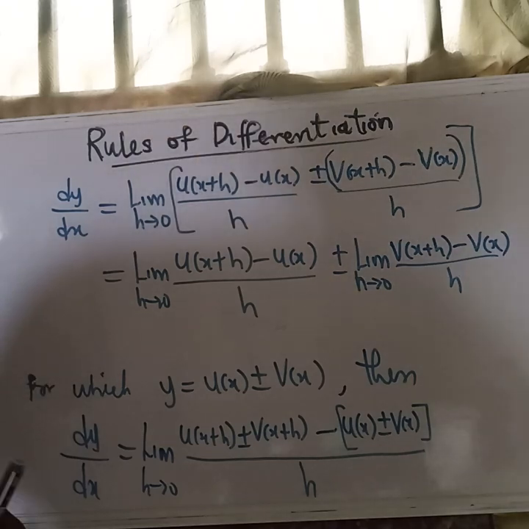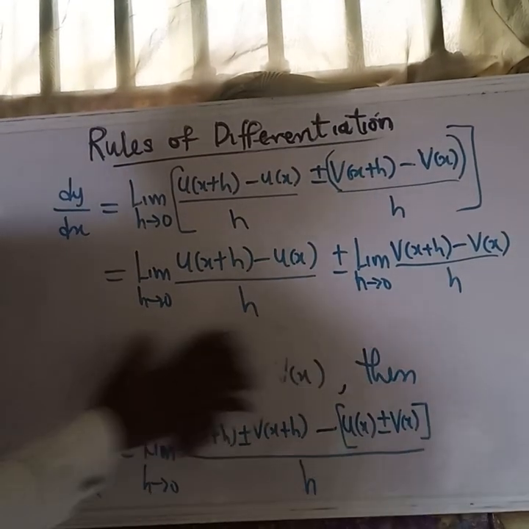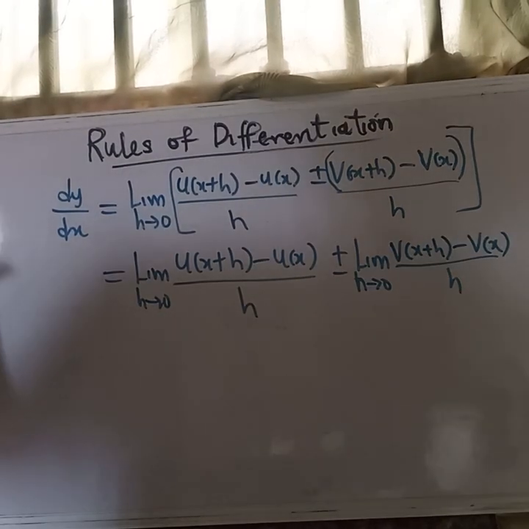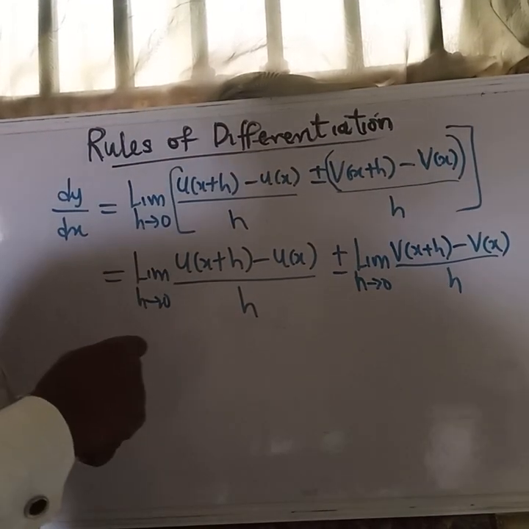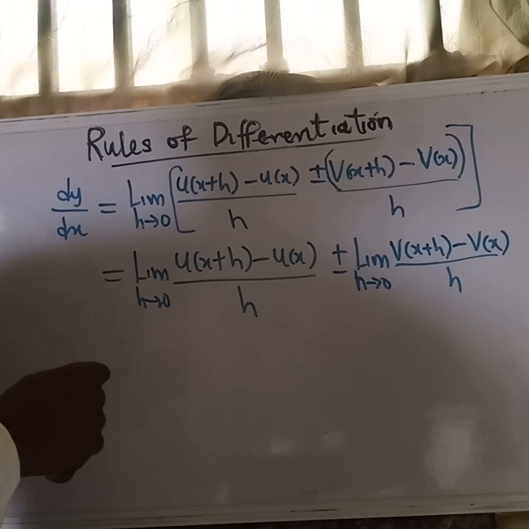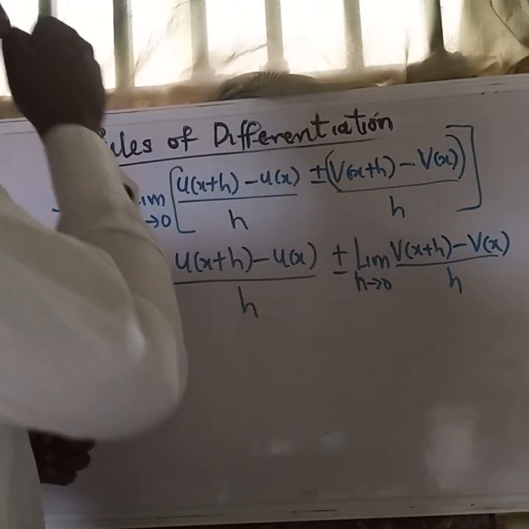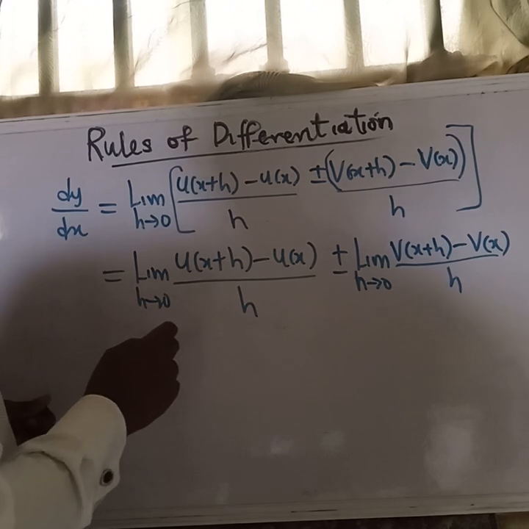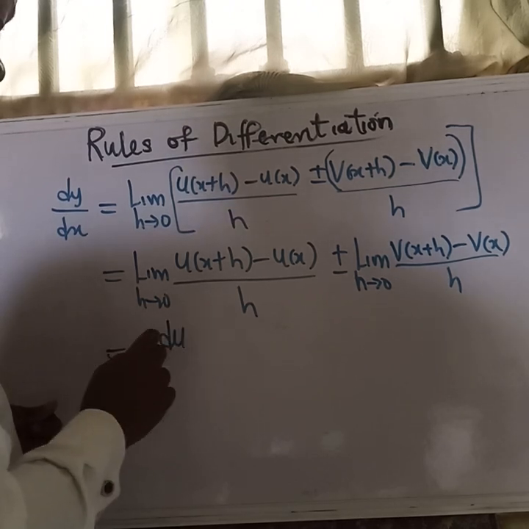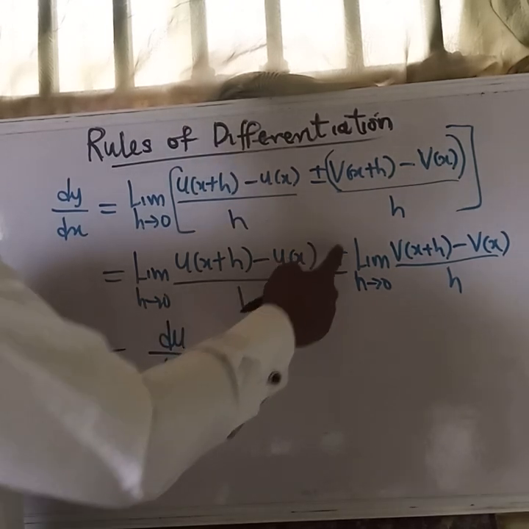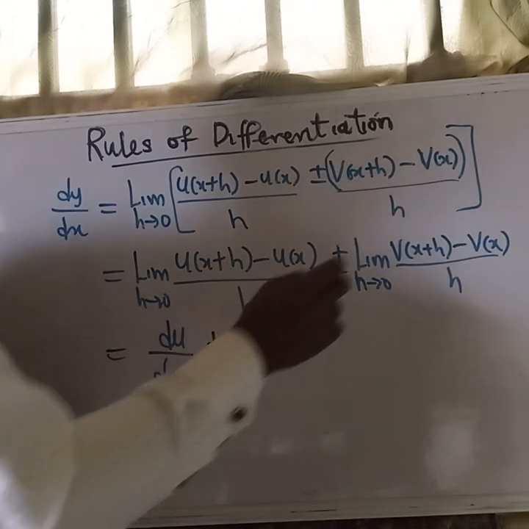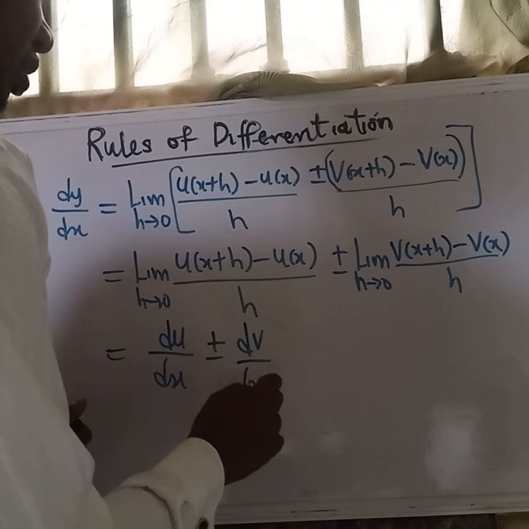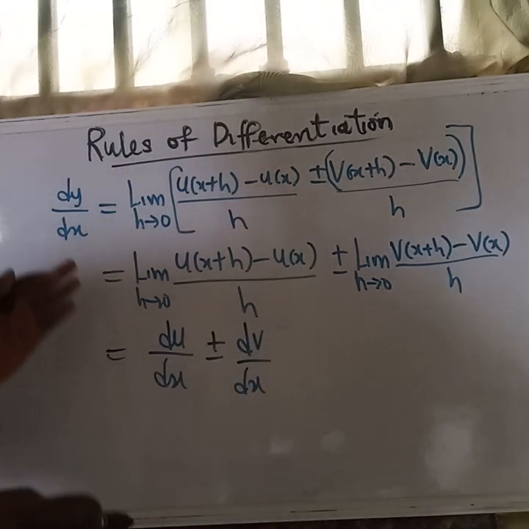Okay, so by definition, we said earlier that the function u has a derivative and the function v also has a derivative. So this means the derivative of u dx, plus or negative, this also means the derivative of v dx. So this is why we say that